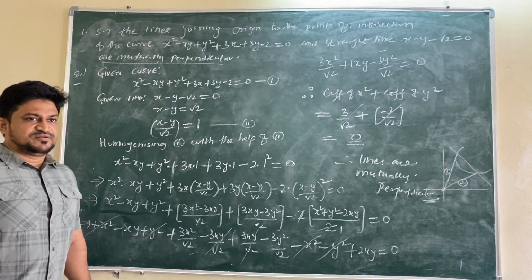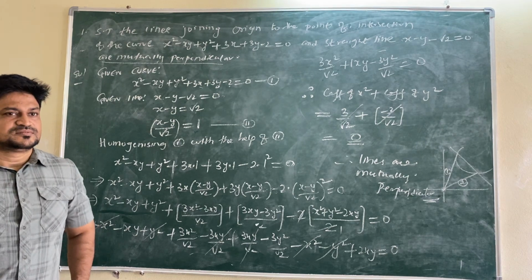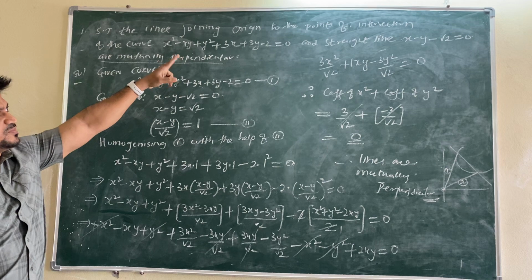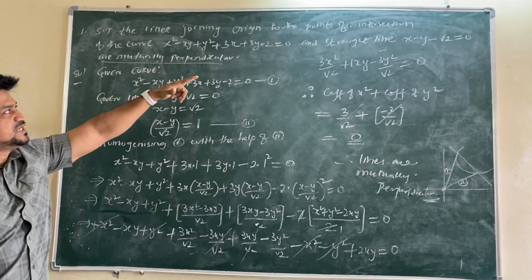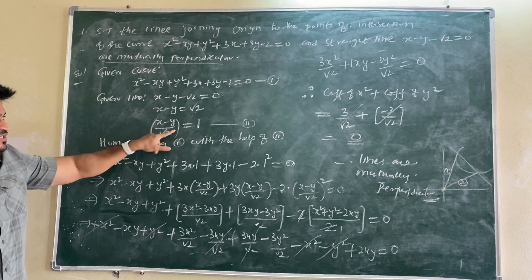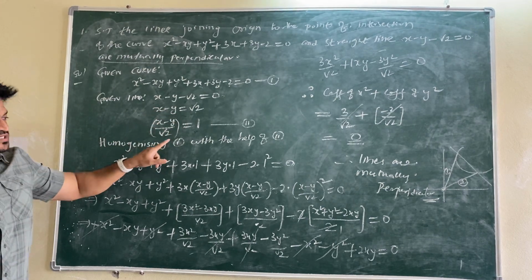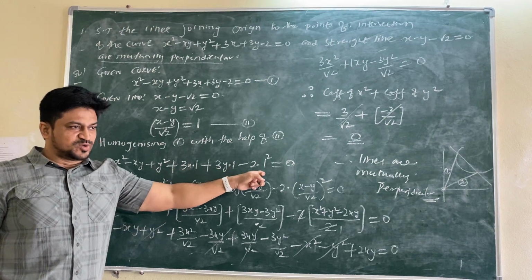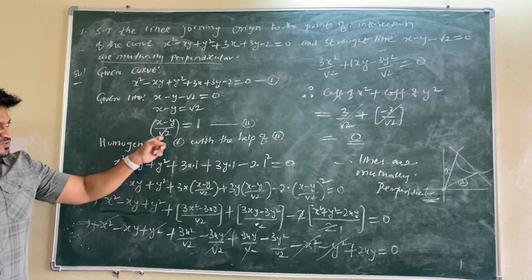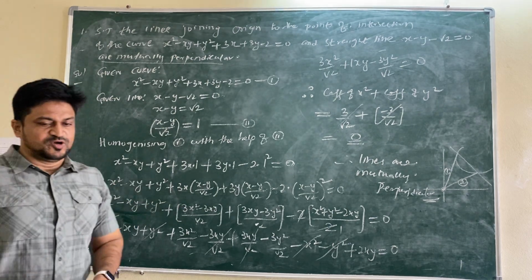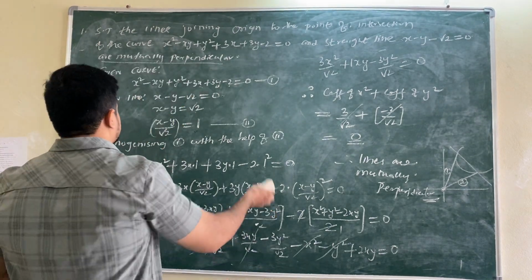So what have we done in this one? We need to show that the line from origin to the point of intersection of the curve and straight line is given. We have to write the given curve and given line. From the line we have to take the constant to the denominator. Then homogenizing with respect to 1, we should write the equation with x into 1, with y into 1, with constant 1 square. Then substitute this one, whatever we got. Simplification is there. If you do one more problem, you will get the correct idea regarding this simplification.